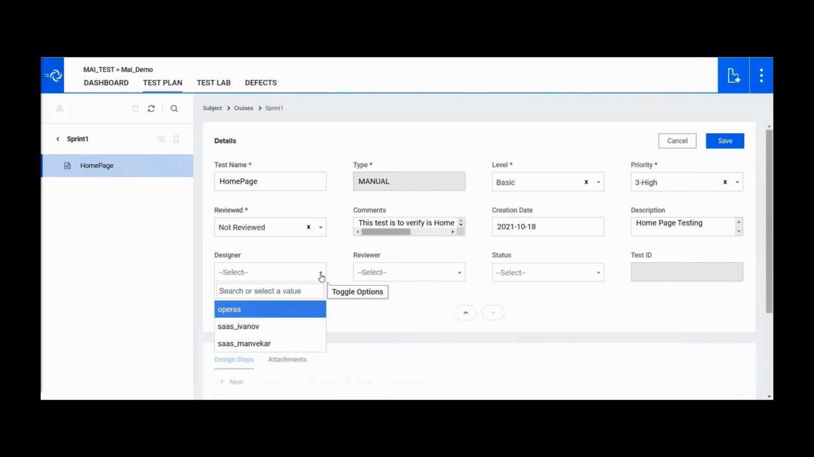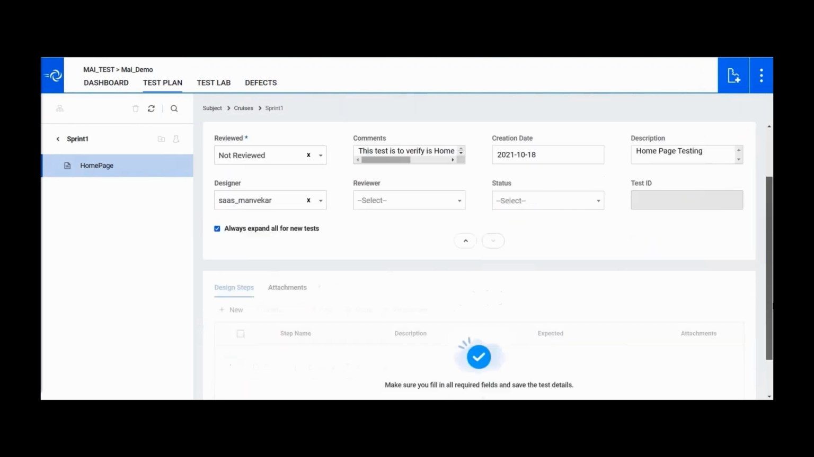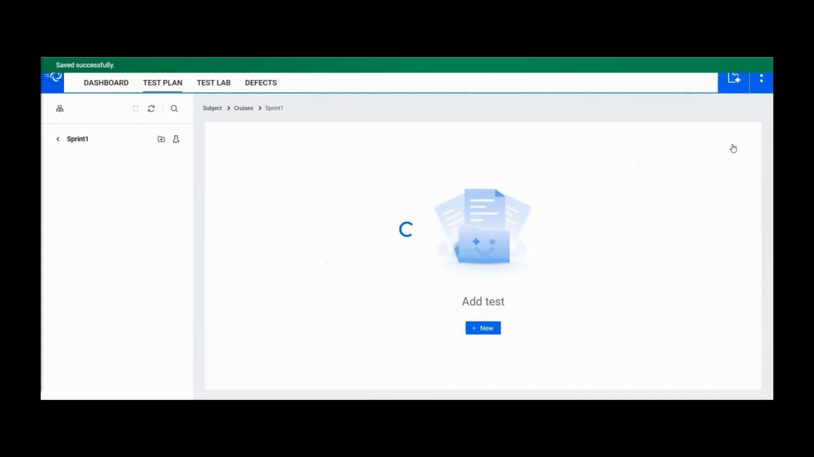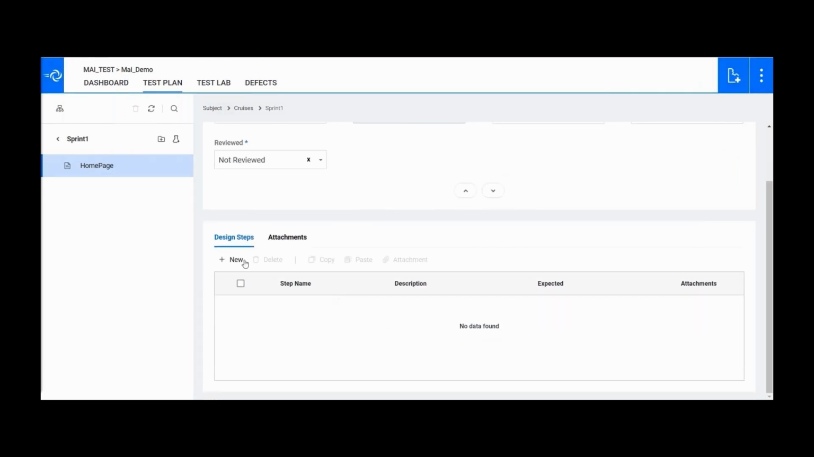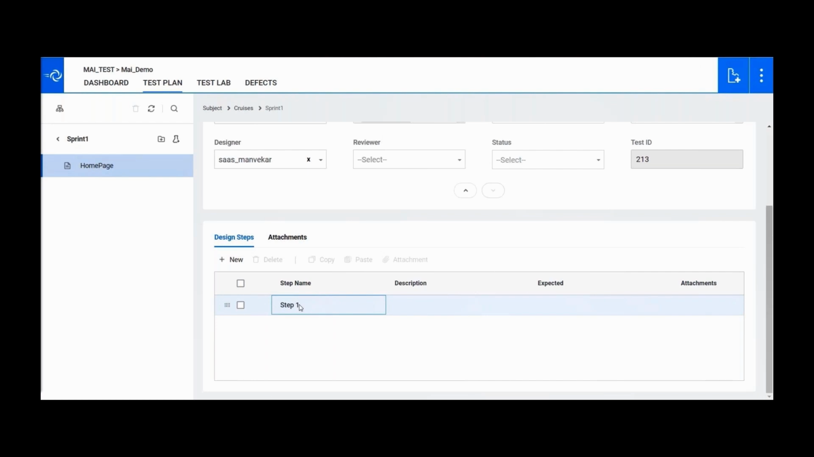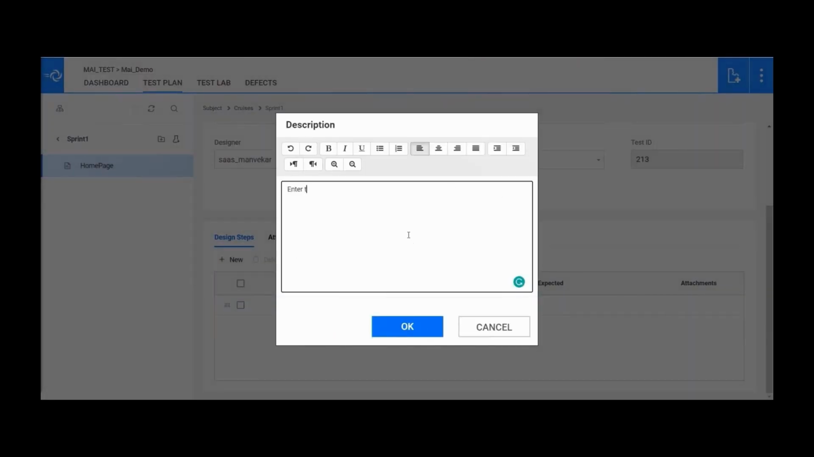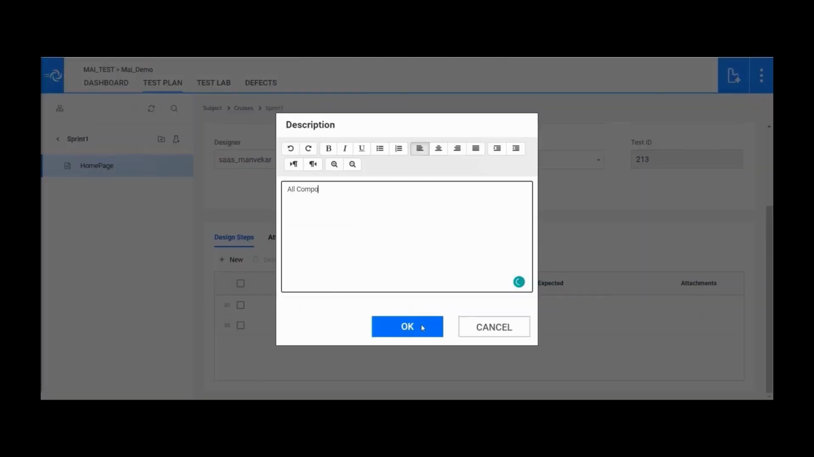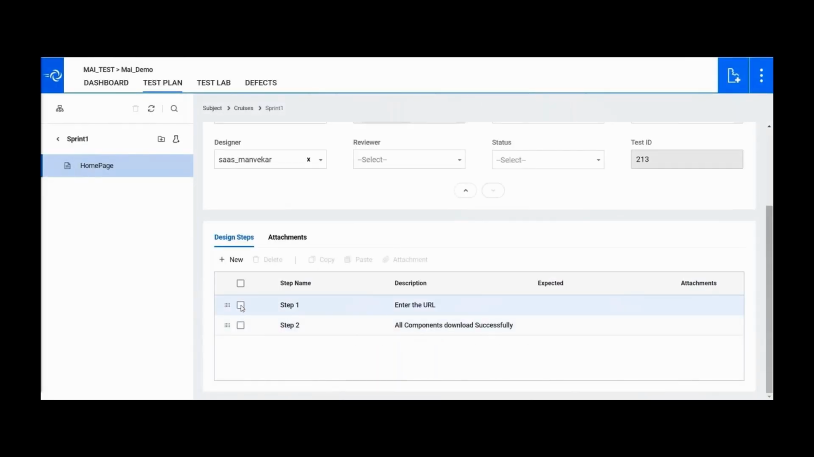So we can see that memo fields pop up where users can input their information. Once I'm happy with the data I've inputted, I save the test. And then I would be able to add the design steps for these tests. So now we have two steps that have been added to this test, and I would like to add attachments